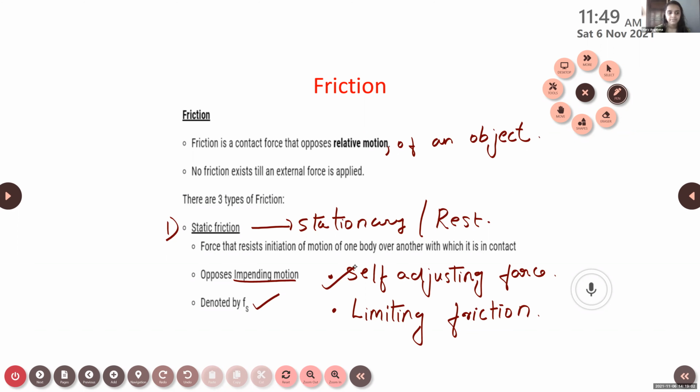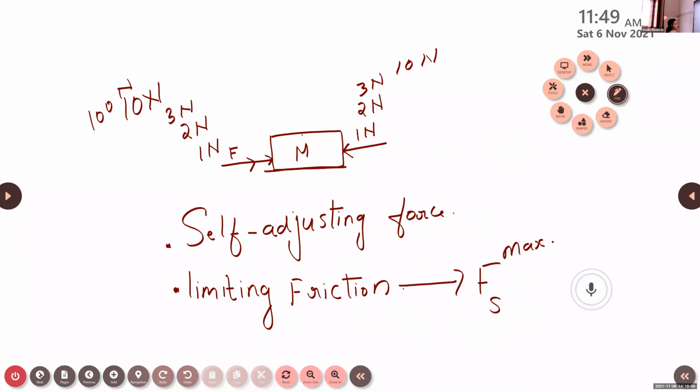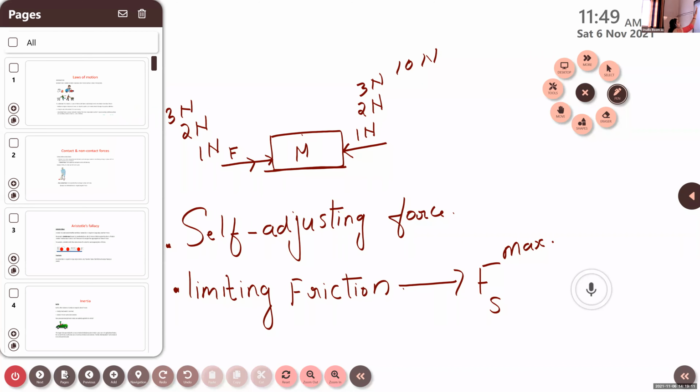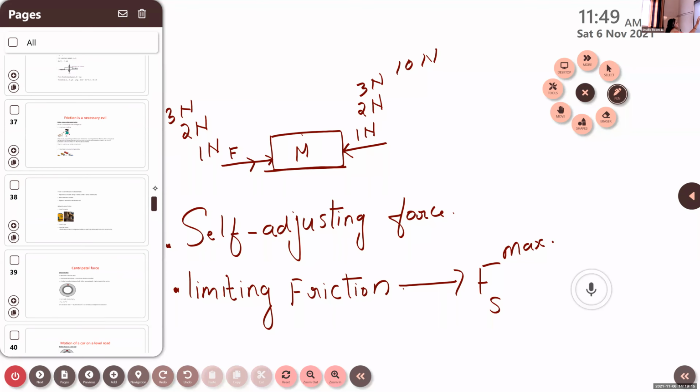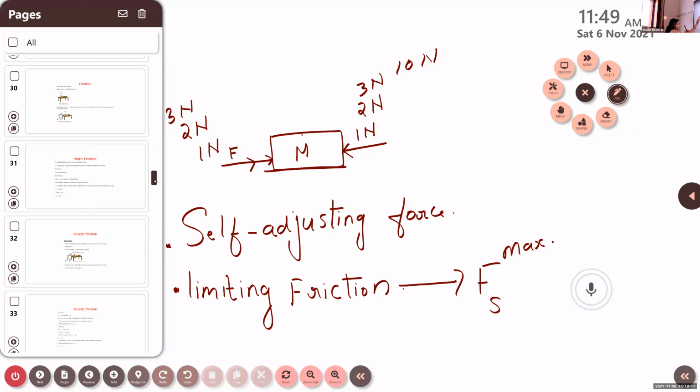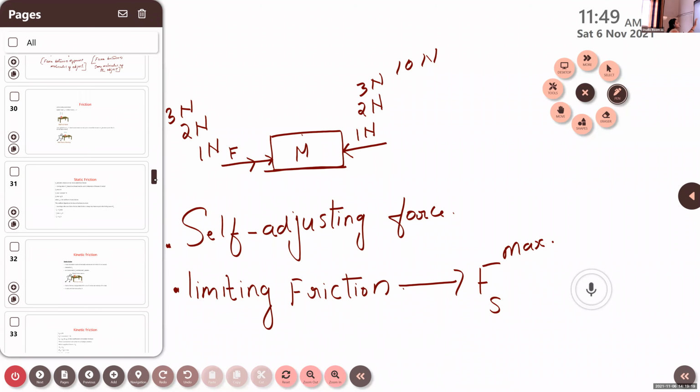Yes, ma'am. Okay, then we have some laws of friction. Now we can discuss the laws of friction. All of you write the next heading: laws of friction. Laws of static friction, not simple friction, the laws of static friction.